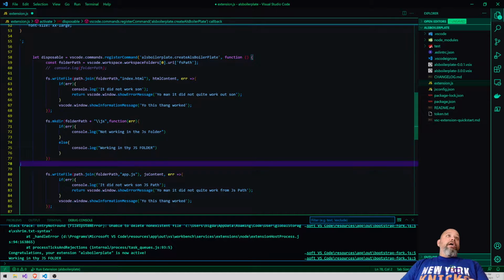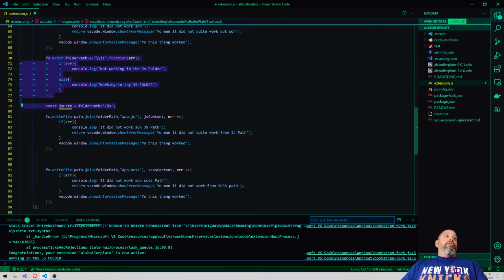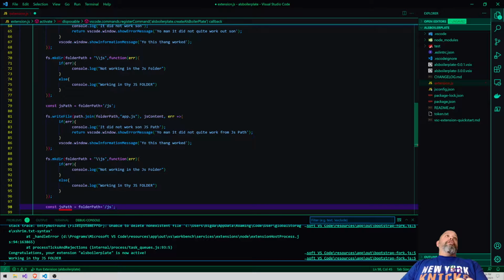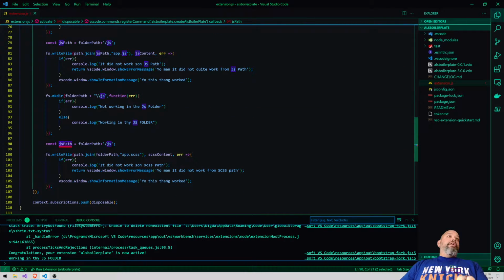And let me go back and Control Z. Why does it always do that? And then I like to put this here as well. And we're gonna basically copy and paste this for the CSS stuff right here. But we'll fix that in a second. And we're gonna put JS path, and with that, saving it as CSS path, and then this is SCSS. Now we got to see if this works, and we also got to make this SCSS. So with this SCSS path,